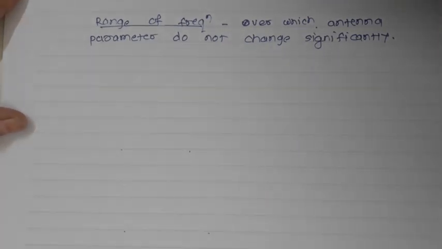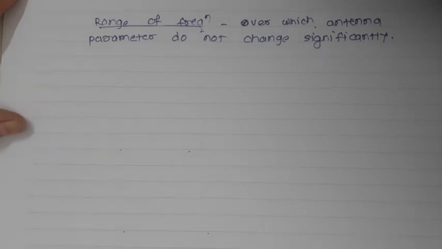So this is all about the antenna basics. We have seen different types of plots, and some definitions related to the antenna, like antenna parameters, antenna bandwidth, half power beamwidth, and first null beamwidth. In the next session we'll talk about problems based on this. We'll stop here. Thank you.